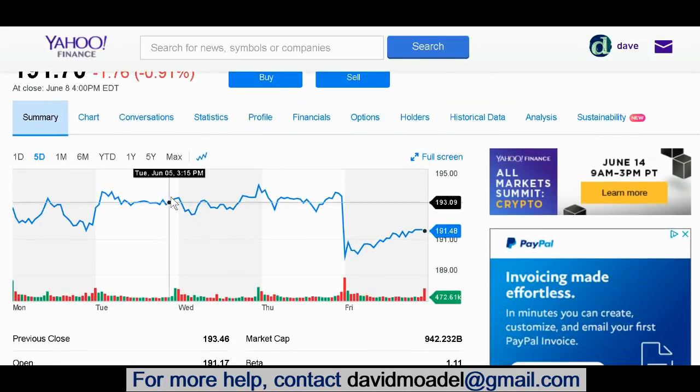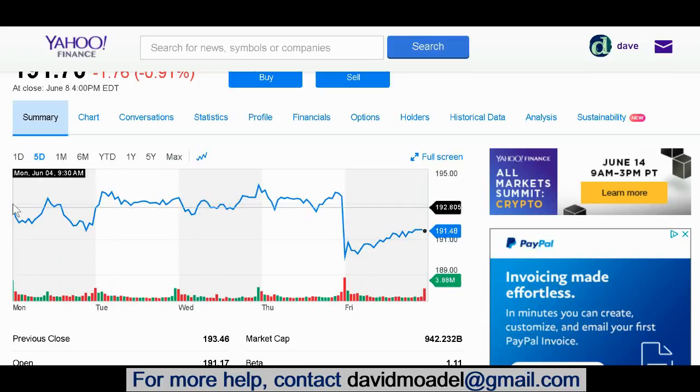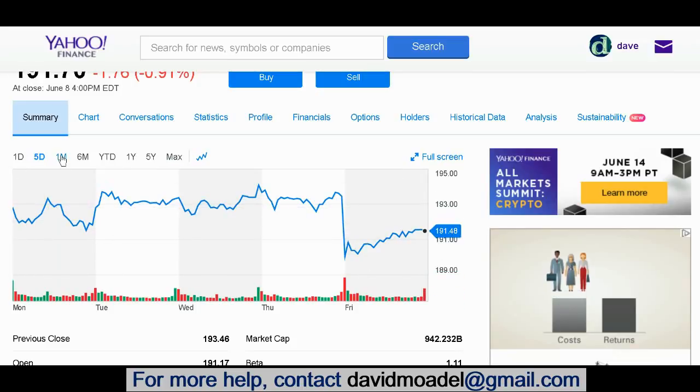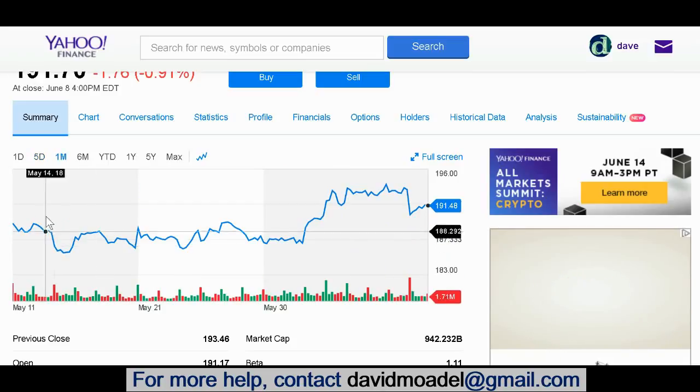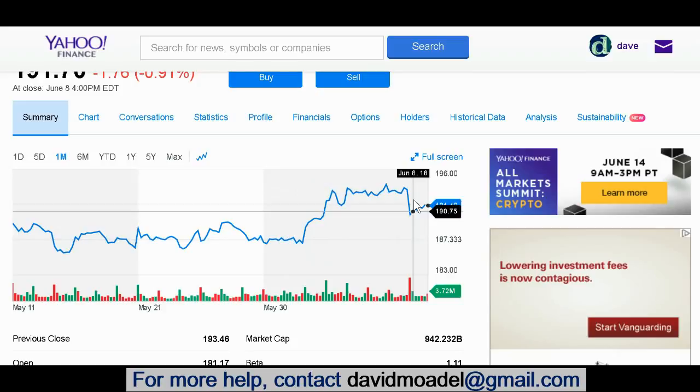So that's an explanation for that. And as we can see, the price pretty much is lower, even though it drifted a little bit upwards throughout the week. There was that big gap down there, and so it still closed lower than it had opened over here. We can click on 1M, that represents 1 month of price action. And we can see there was a lot of sideways chop here, as they say, and then a big up move, and then more sideways chop around.